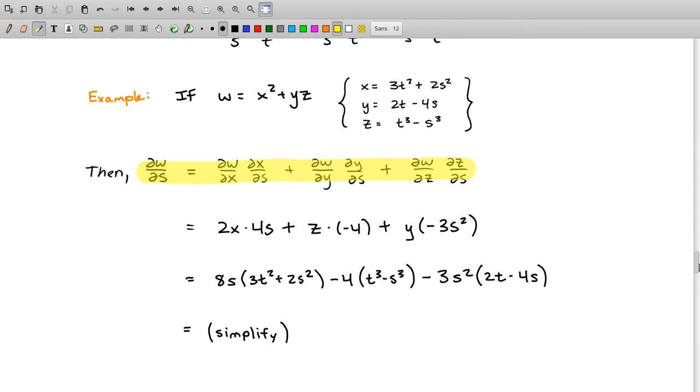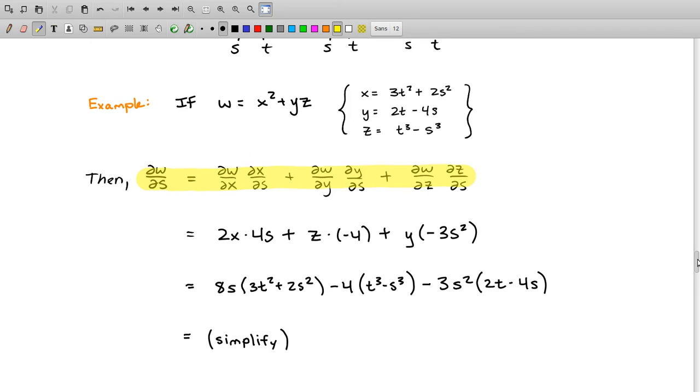I think I'm not going to go all the way through the algebra here in this video. But you do have those notes. You can work through that example, and you should be able to get the same answer as I